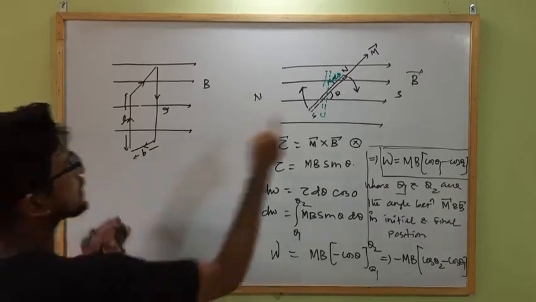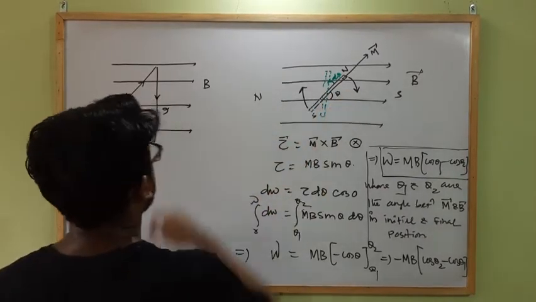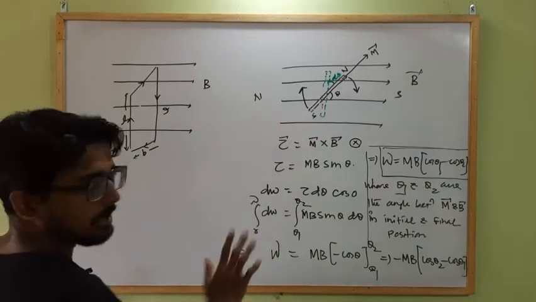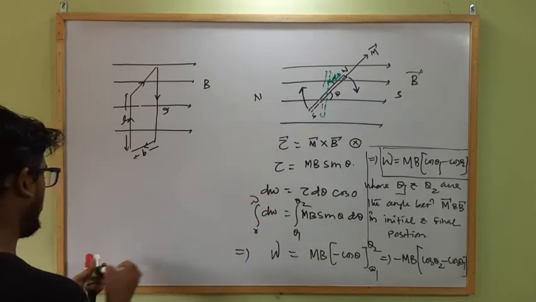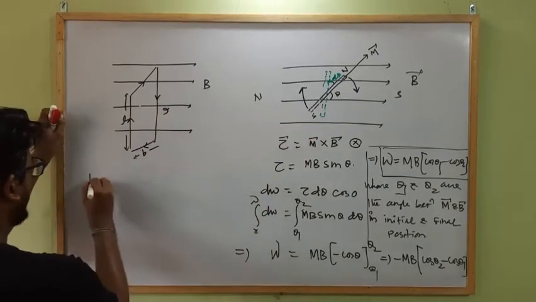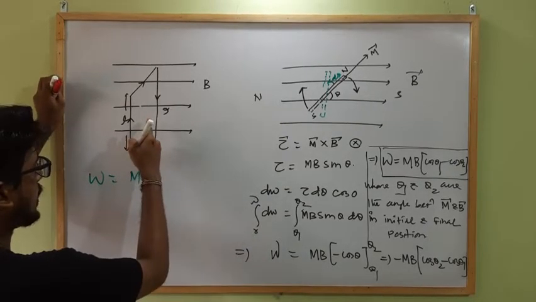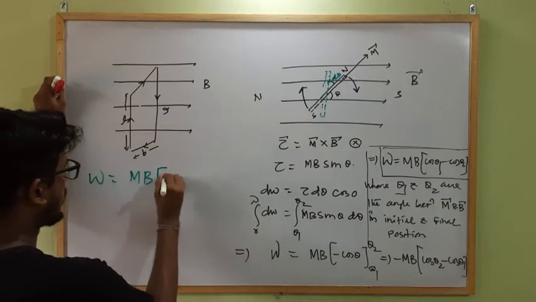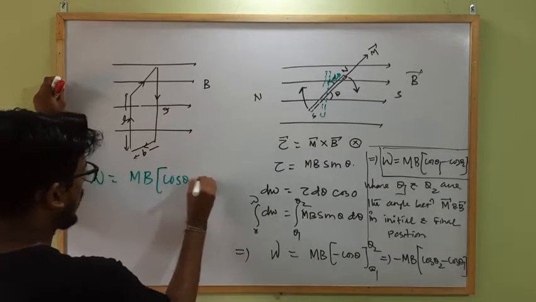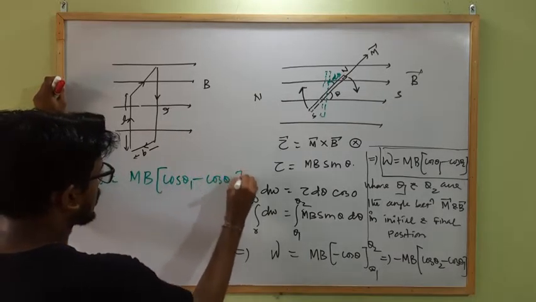If we replace this bar magnet with a current carrying loop, the derivation will be same as that of here, and the work done will be how much? W equal to again MB. M is the magnetic dipole moment of the current carrying coil, B is the external magnetic field strength into cos theta 1 minus cos theta 2, where